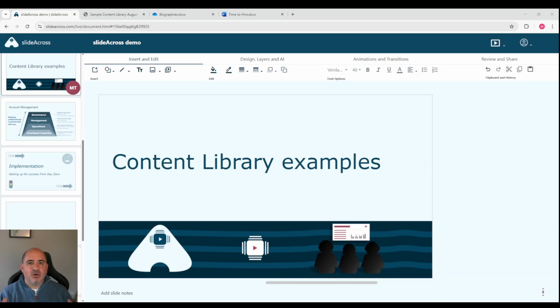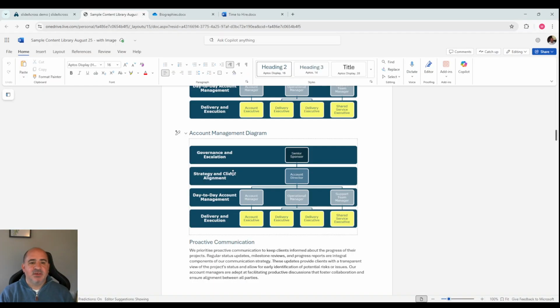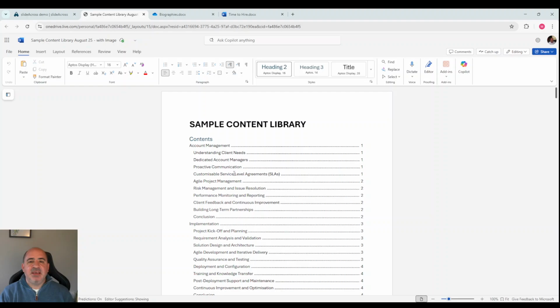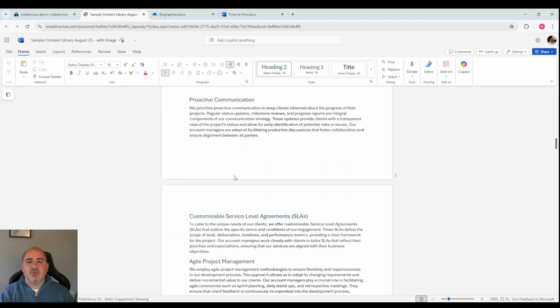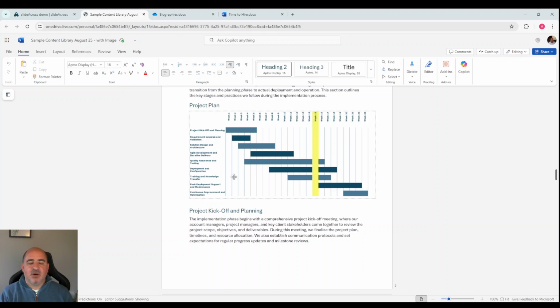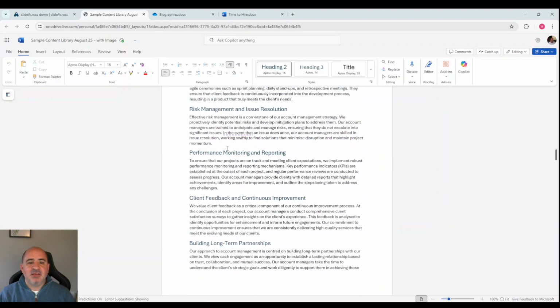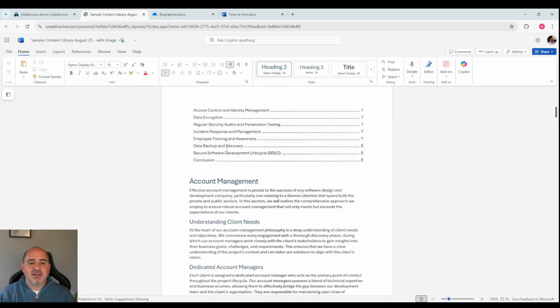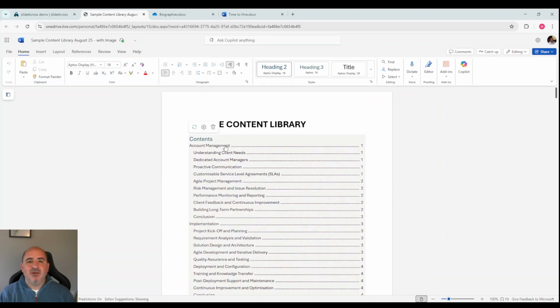Long story short, content libraries are used by slideAcross as a source material to drive our AI engine. They are quite simply Word documents. Here's a few examples. This is a bid library. It's very simple. It's got images, it's got headings, it's got subheadings, it's got text. The text isn't great. I'm sure you've got better bid content in your bid library, but you get the idea